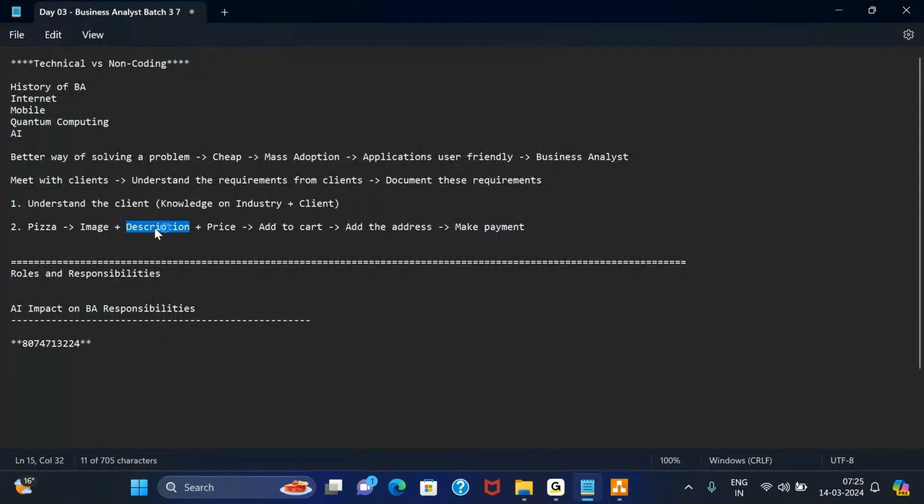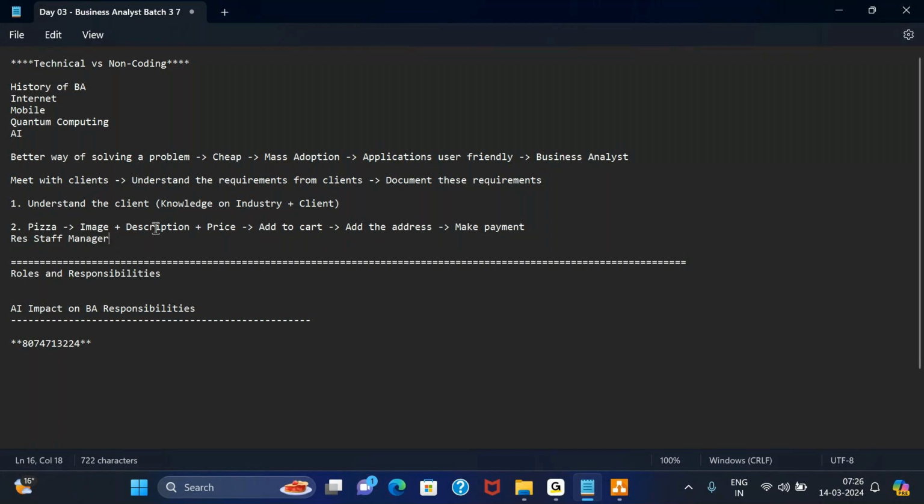So when we ask these questions to the client, our requirements become much more detailed. Like, who can add the image, who can add the description, who can update the price in the application itself. So now I know that when they say, suppose they say that the restaurant staff manager should be able to update all these details.